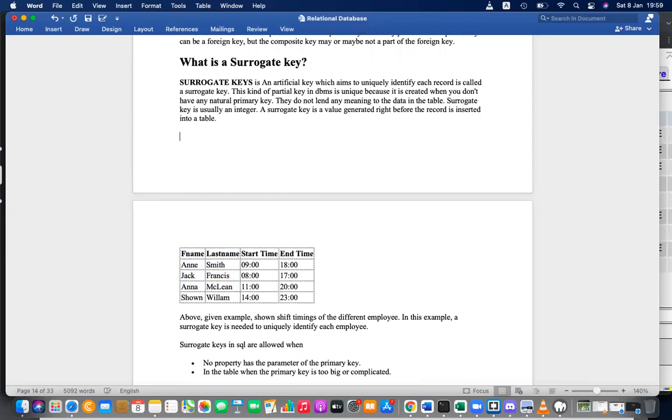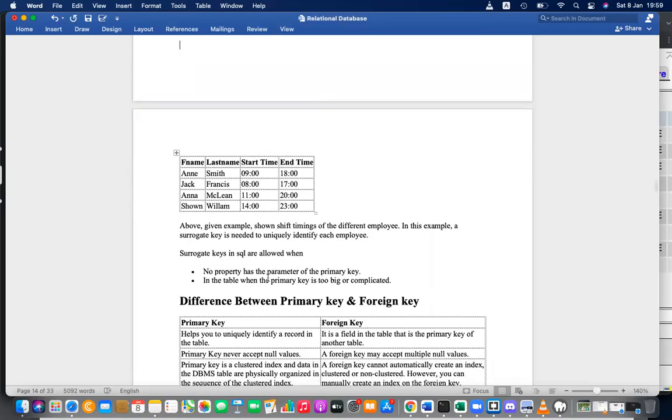When there are no keys, we introduce just an ID, a unique ID, auto increment ID, automatic ID. First name you can't, it's not a good primary key. Last name, of course, is also not a good primary key, but you can create a composite key if you want. Together you can create a composite key.